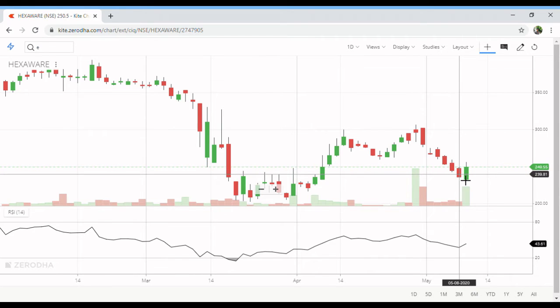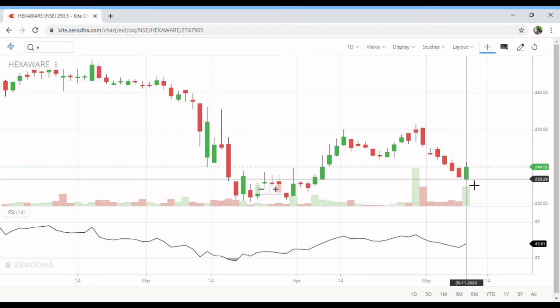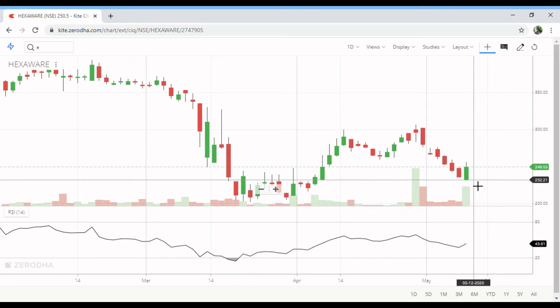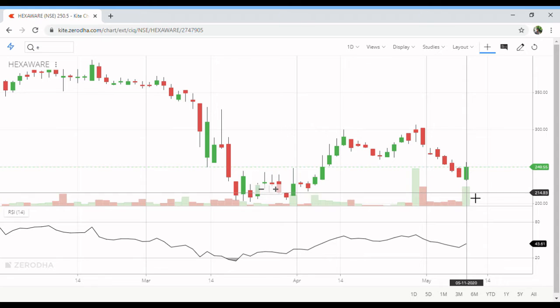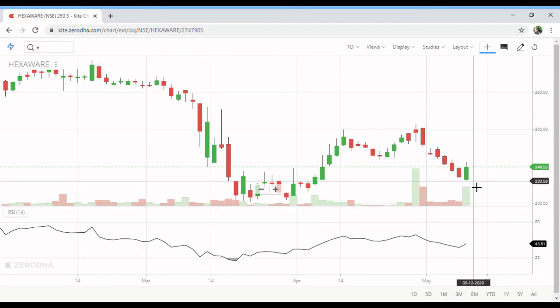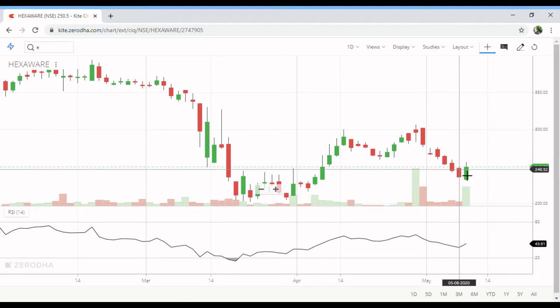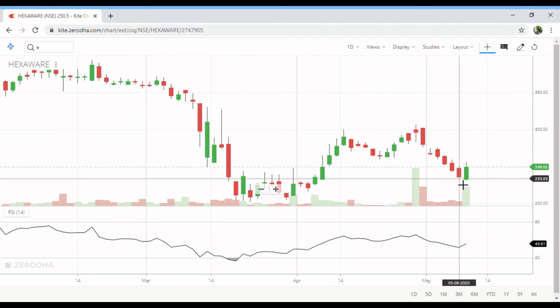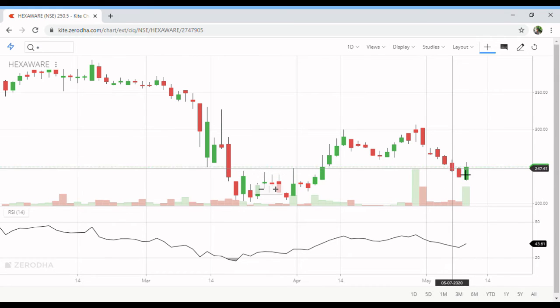Let's name this candle one, and this candle two. Candle one is making the low, and the next day the candle opens again below the low of candle one. After that the bulls get activated, meaning they became more aggressive and started pushing the price above the previous candle's high. This is the bullish engulfing pattern, which engulfs the previous red candle.